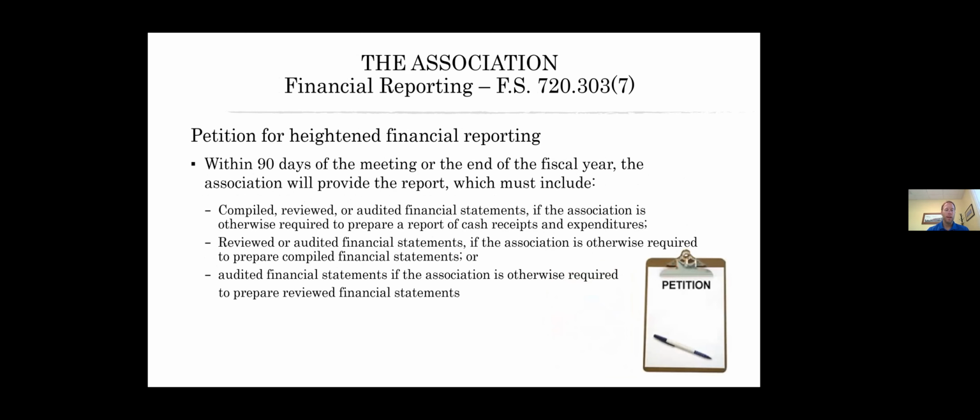Okay, and so after that meeting, when you have a heightened financial report, again, you have 90 days to create that report, get all the information, and make it available to the membership.